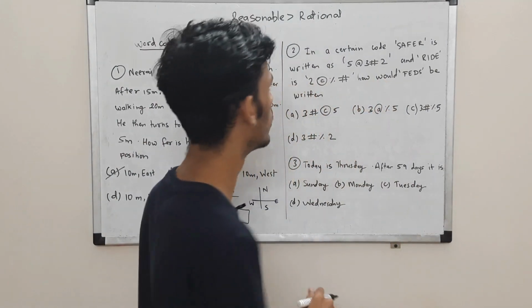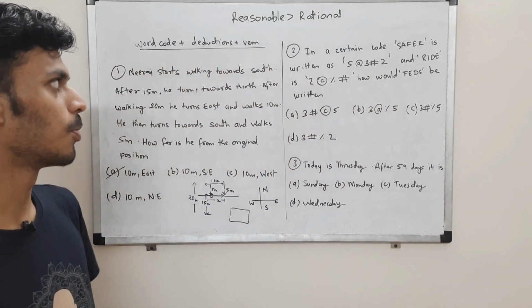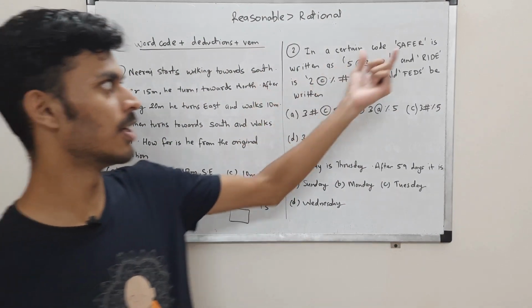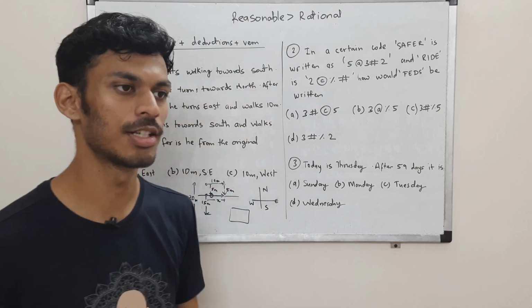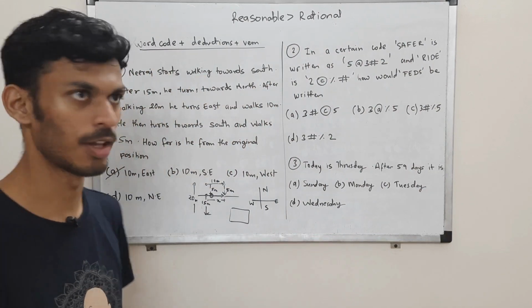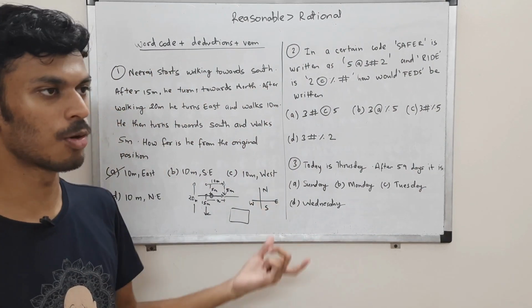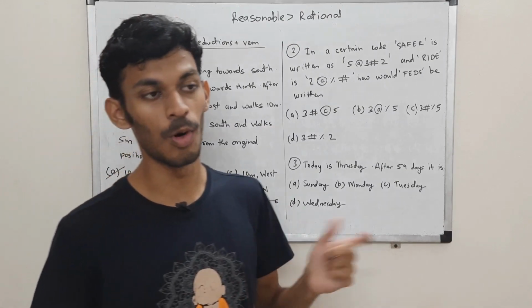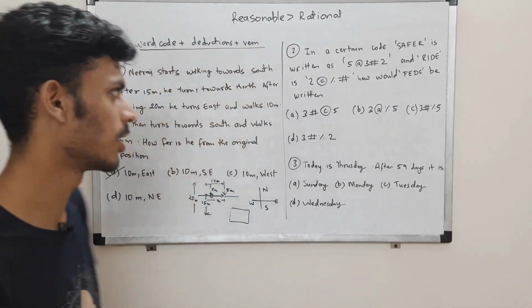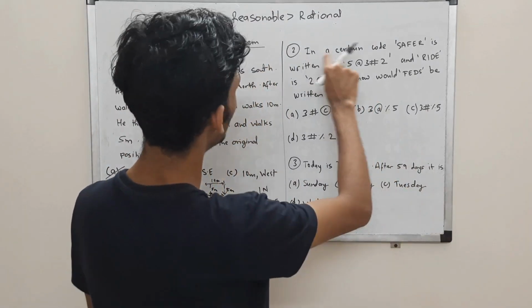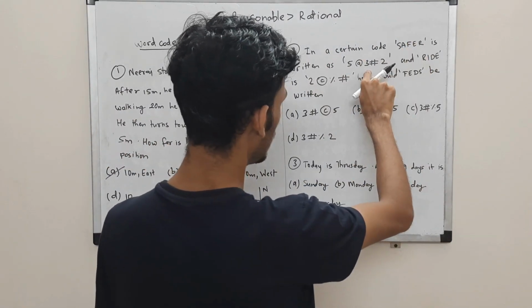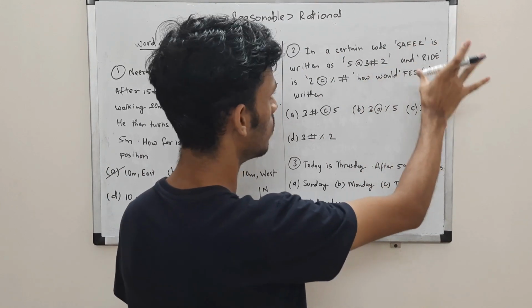Okay, now next thing here, it's the word code problem. Okay, so basically you will be given a word, it's coded in a certain way, you will be given another word, okay, and asked for its code. Or you'll be given the code and asked for what is the word that this code forms. Okay, so basically you are supposed to crack the code. Okay, it's not that difficult. So if you see over here, this word is coded as this. Okay, one remarkable